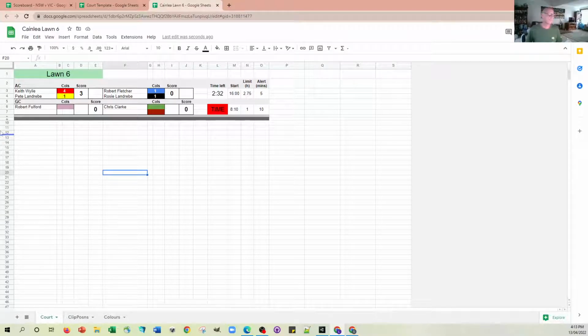Now, bizarrely, on the same lawn, we could have a game of GC, and you'll notice when we have a game of GC, the scores are just entered into these boxes here. So might say that Robert is 3 up against Chris in that game. But if we change this to AC, then it'll reset so we don't actually have to type in the ones to put the clip position there, and the score is 0-0. Actually, let's set up a game where Robert and Chris are playing Jenny Clark as well,